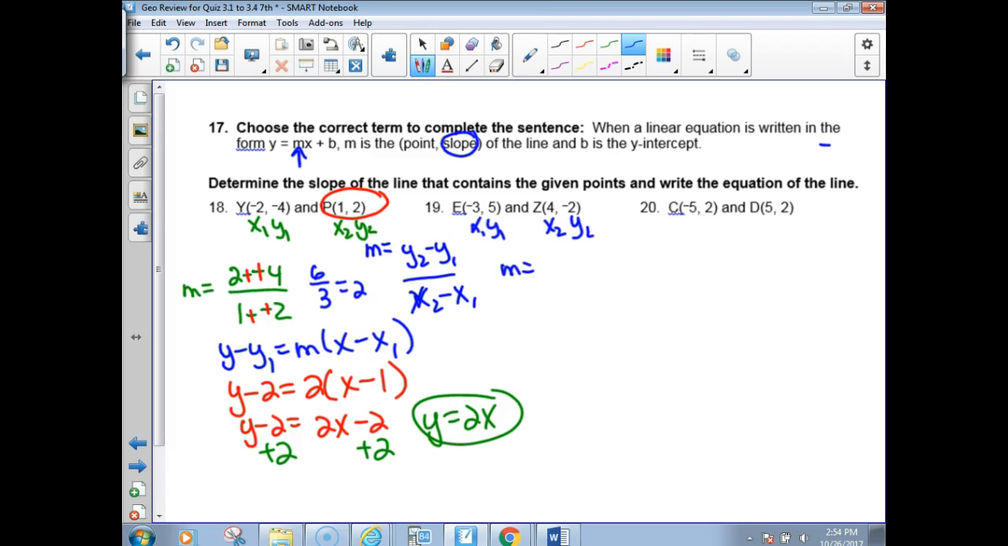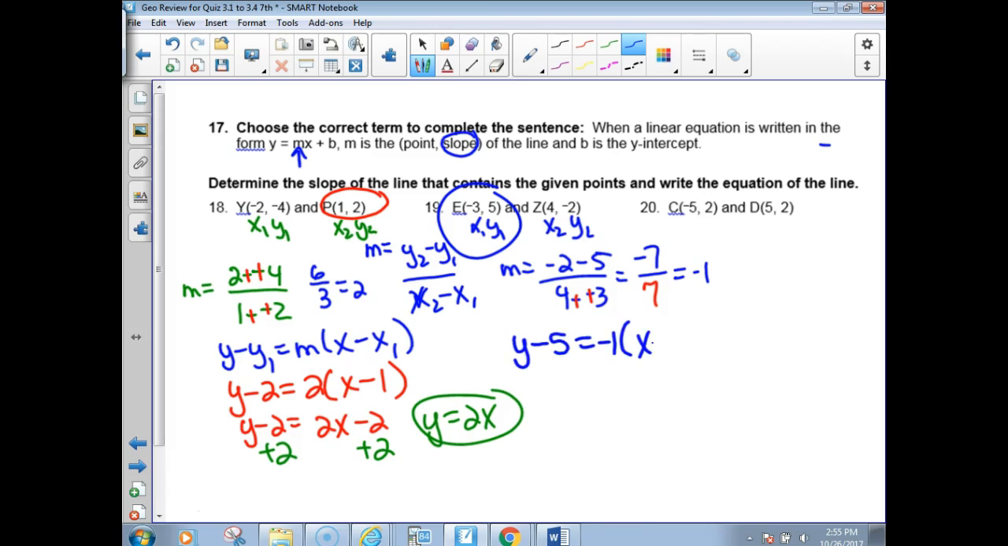Start by finding your slope. Negative 2 minus 5 on top. 4 minus negative 3 on the bottom. Negative 2 minus 5 is negative 7. 4 minus negative 3 is 7. And I divide and I get negative 1. Okay, so I got a slope of negative 1. I'll just take the first point, plug it in, so I get y minus 5 equals negative 1 times x